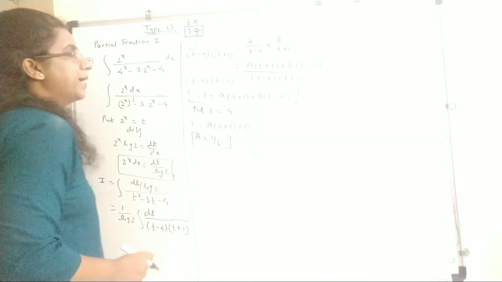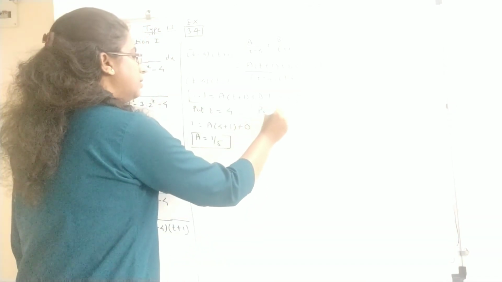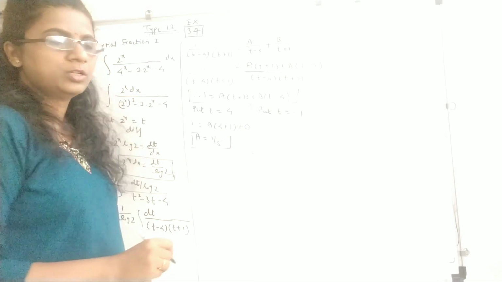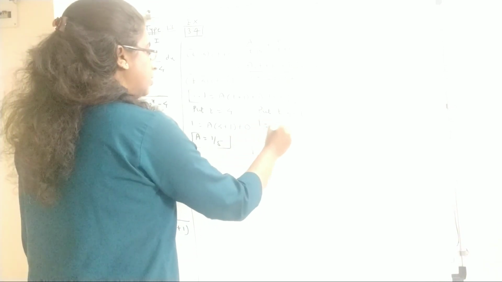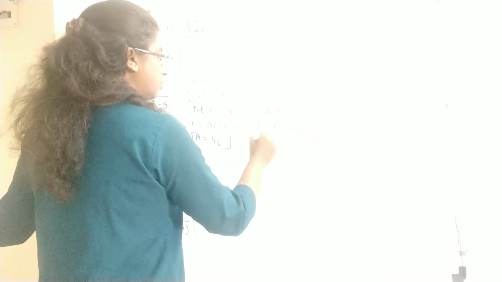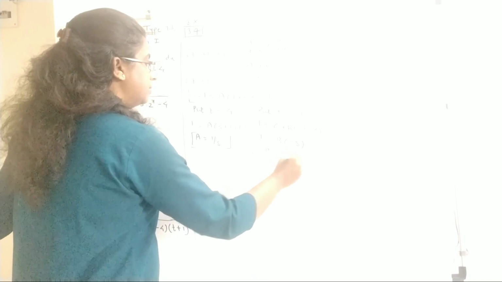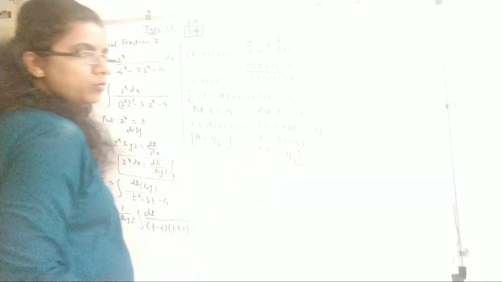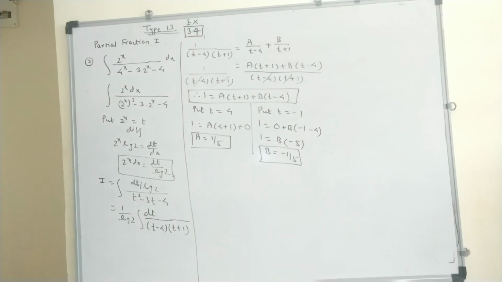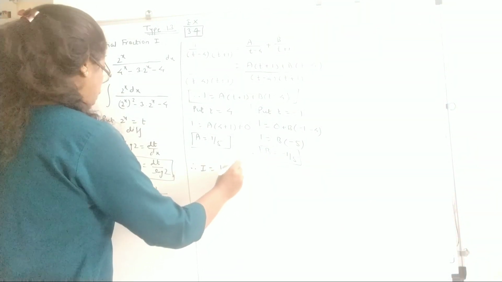Next, the second factor is t plus 1, so we substitute t is equal to minus 1 in the same equation, and so 1 is equal to, the first term will be 0, put minus 1 in place of t, so minus 1 and this is minus 4, this is minus 5, so b will be minus 1 by 5. And so integration I is 1 upon log 2 into integration of